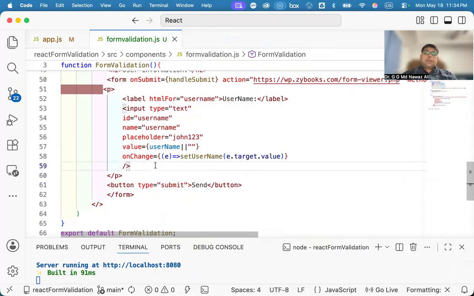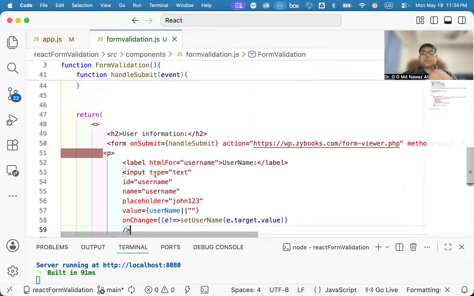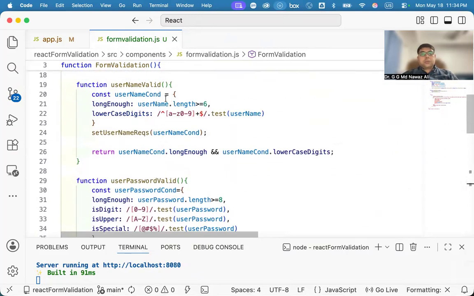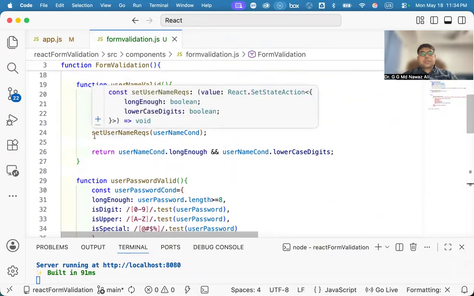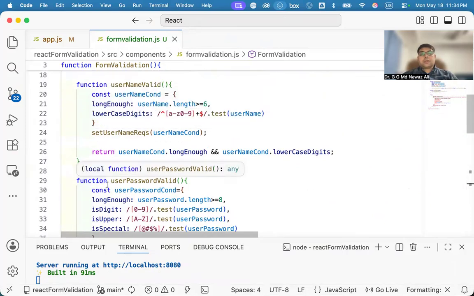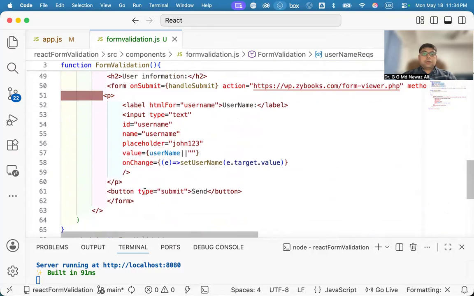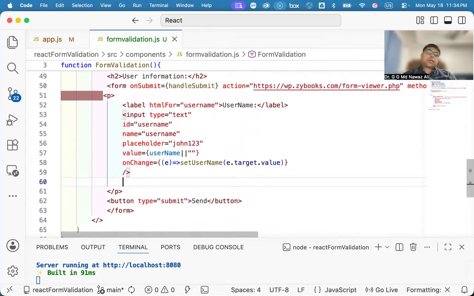Okay, now the other thing is that we also need to do the error handling, right? So these are the two errors that can happen: it's not long enough, and also it's not lowercase letters and digits. So we'll say usernameRequirements. Here we're going to write our error, just after this form. So if usernameRequirements.longEnough is not true,